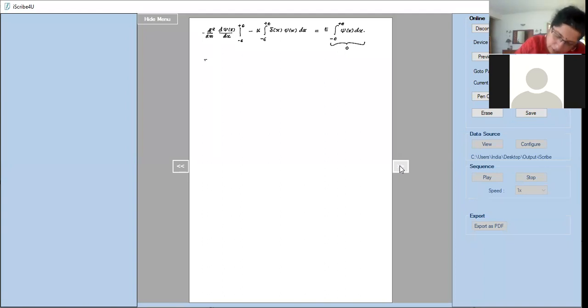And what I have now over here, I will write it down as d psi x dx from plus epsilon to minus epsilon is going to be, so there's a negative on, sorry, it will become,